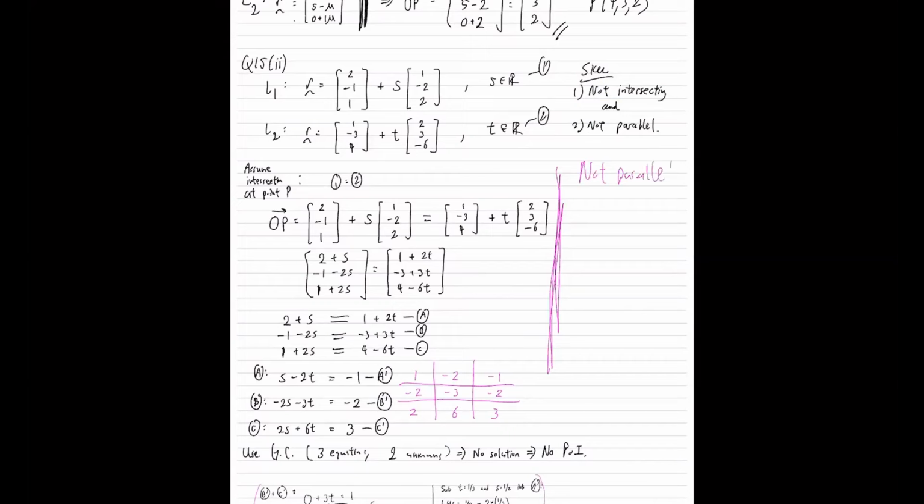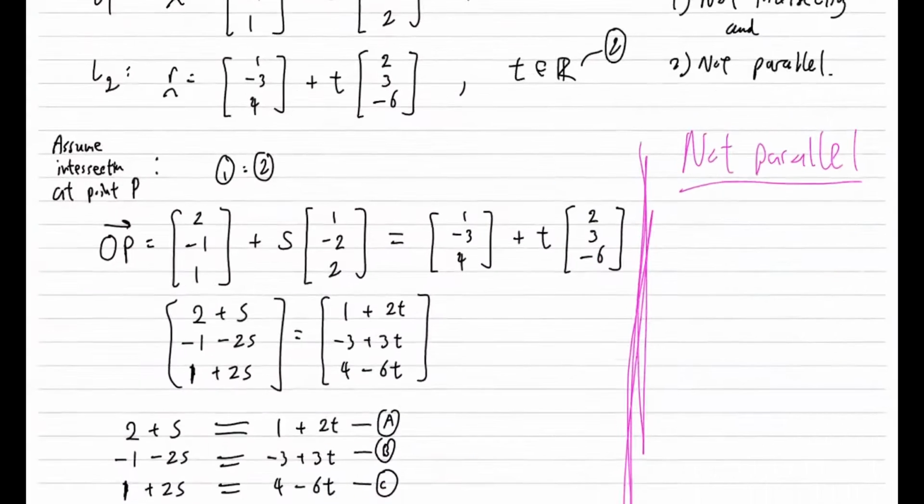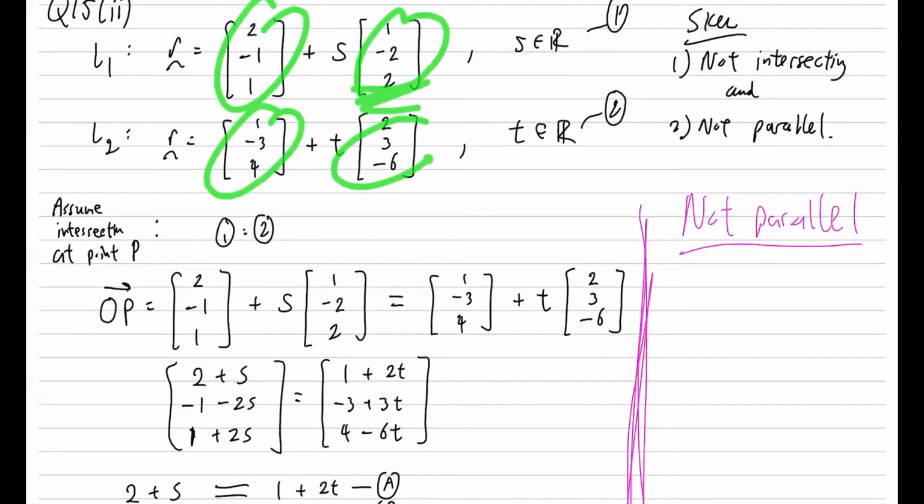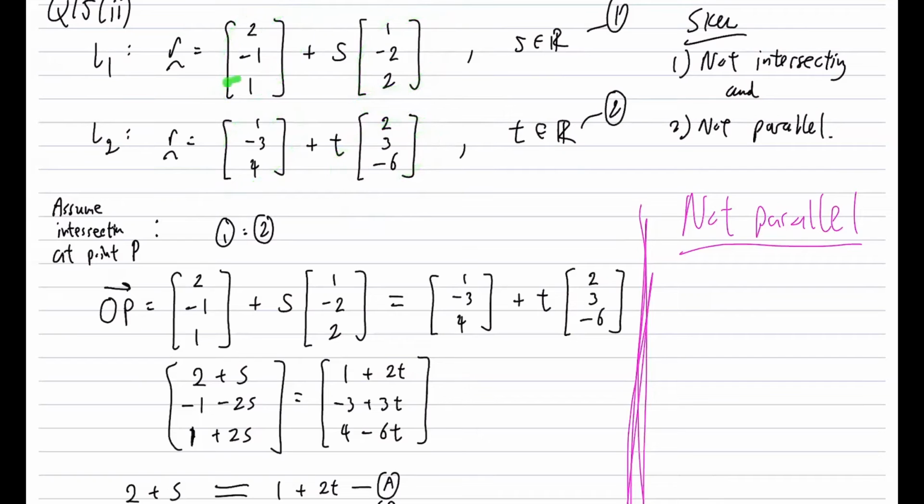How do you show that they are not parallel? First, you need to think about how do you prove parallel lines? Focus on which one? This one or that one? The second one. The first one is called the point. The second one is what we call the